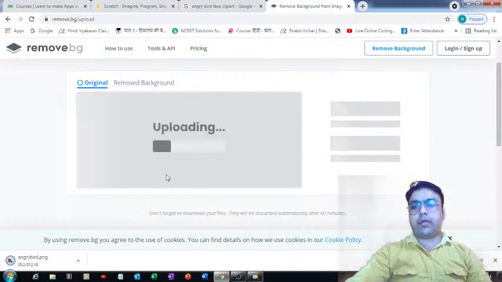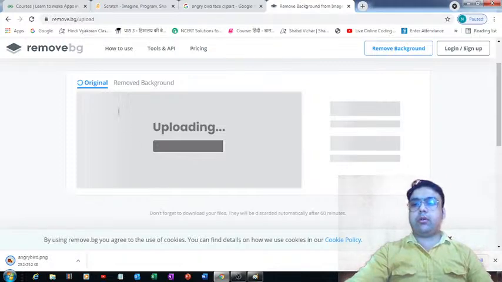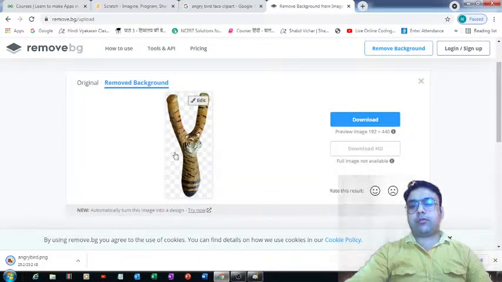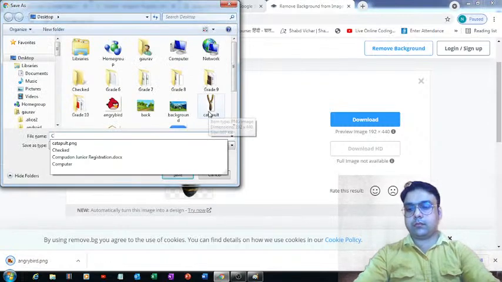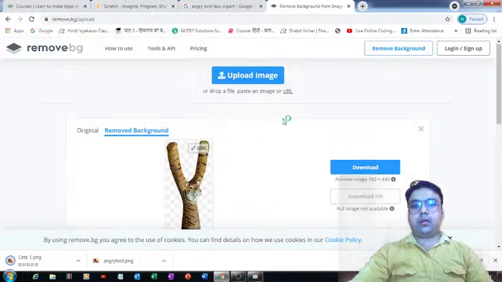It's getting uploaded right now, and soon we'll see the background will be removed and it will become completely transparent. Okay, so we are able to see a catapult with a transparent background. Let me just save this image again with some unique name. Okay, now let's upload the Angry Birds image.